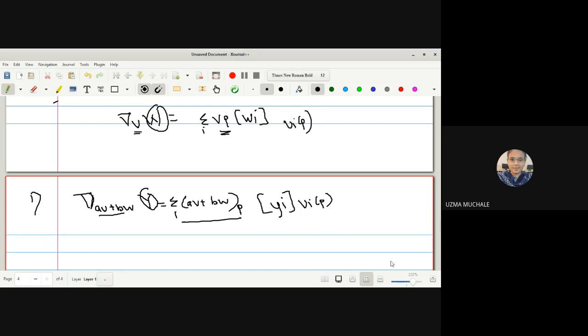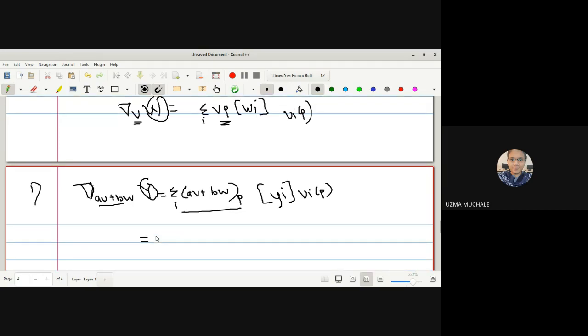Yes, ma'am. Okay, so just see the similarity and then we make a little difference. Instead of W we have Y, so that's why I've written it is directional derivative of YI, and instead of VP here what is it? AV plus BW. We can have this is a summation over I AVP plus BWP